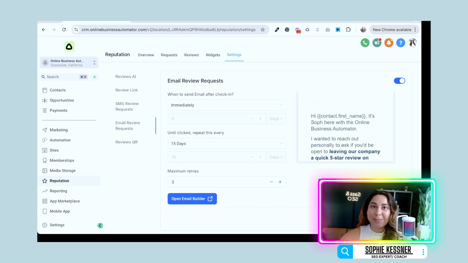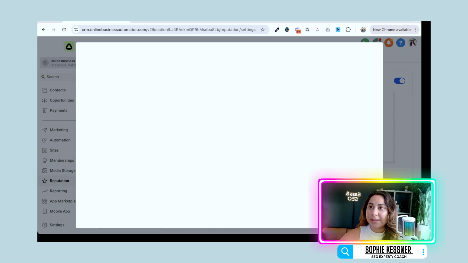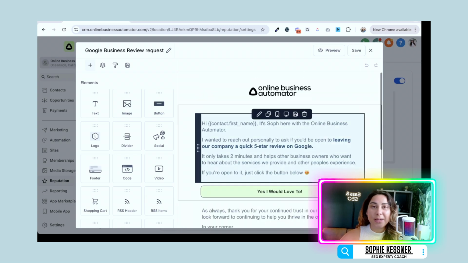you would like. Now, what's built in about this and what's extra cool is it actually allows you to create a repetitive process, meaning that we will organically and automatically follow up with leads every 15 days for up to 3 times. So if somebody doesn't leave us a review the first time, the system will automatically resend that email over. Now, if you're worried about branding, the beautiful thing about this is that it actually allows us to create a beautiful, well-designed and branded email so that we can send to contacts and users to leave us a